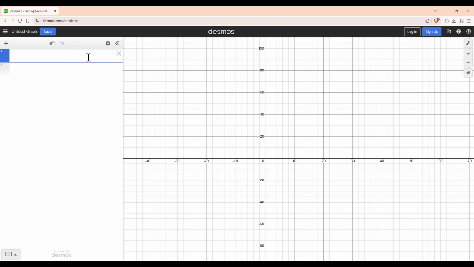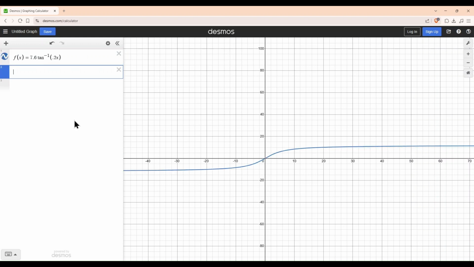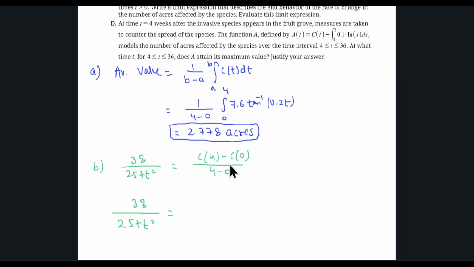You can actually define the function here. Let's say the function C is f of x, and that is given as 7.6 tan inverse of 0.2x. In order to find that value, you can type in f of 4 minus f of 0. That's what you want after all. Put another parenthesis over 4. That's the right side that you need. So this is going to be